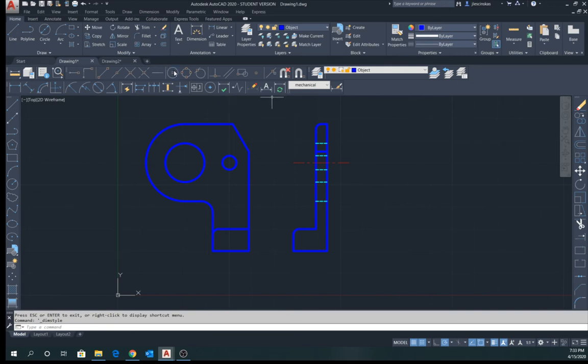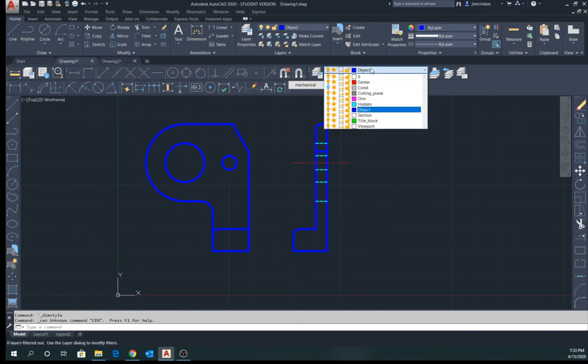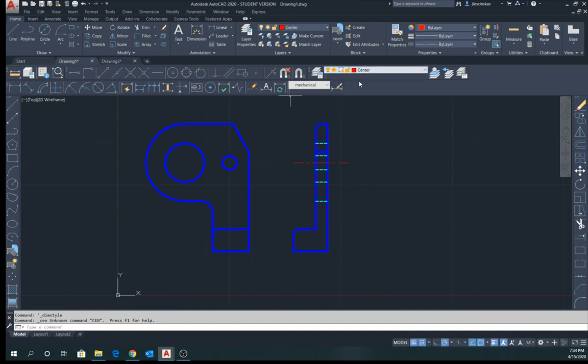From there, we already know how to do center marks. Now, we don't want to choose a center mark here. We want to choose a center mark on the outer layer. And hopefully you haven't hit the button already because you may not have turned on your center layer. In which case you can undo. Remember, you can type undo here, or you can come up here and hit the back arrow if you need to. So make sure you're on the center layer, hit your center mark,